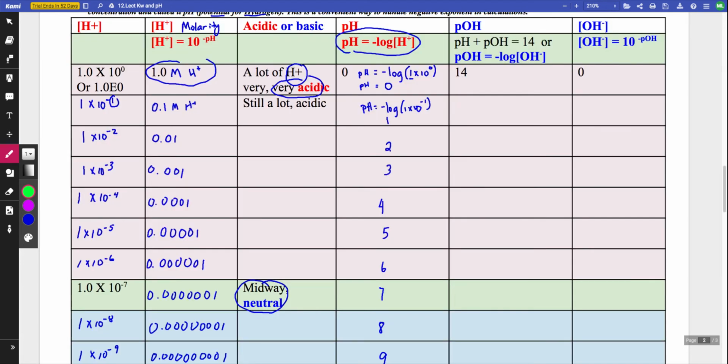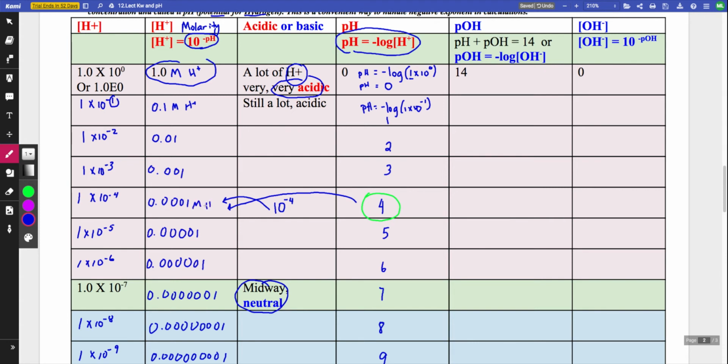If ever you wanted to get the molarity from the pH, for example, let's say you have pH 4. What would be the molarity of that? All you have to do to go backwards is to use this formula, 10 to the negative pH. So all you have to do is type in the calculator 10 to the power of negative 4. Don't forget to put the negative number in there because the formula says negative pH. And that will give you the molarity